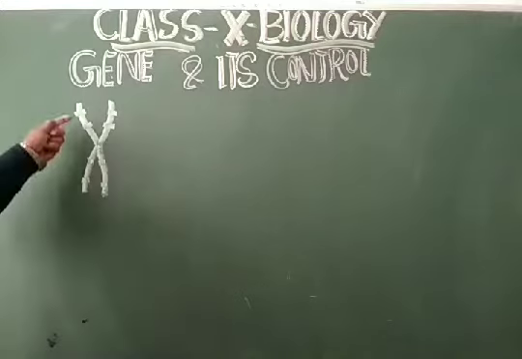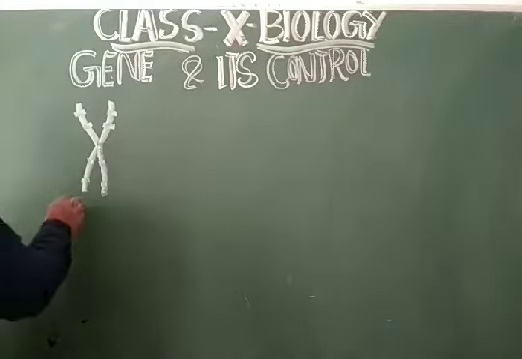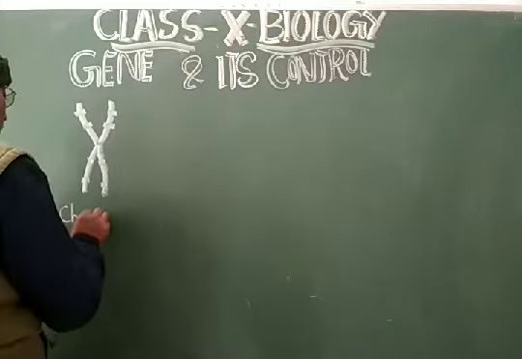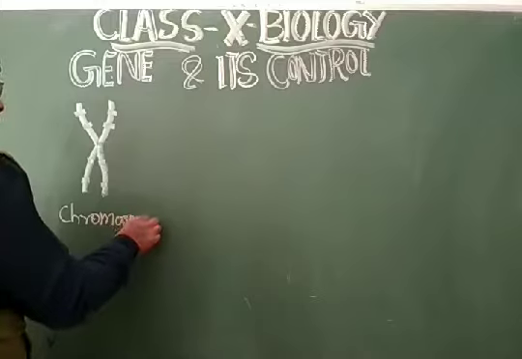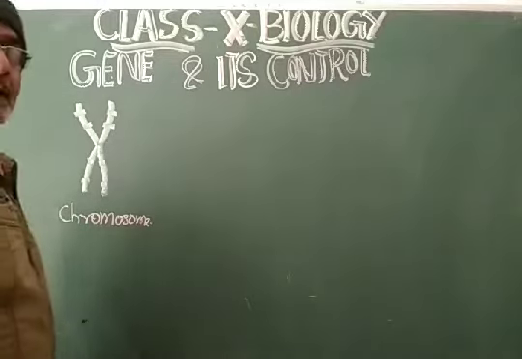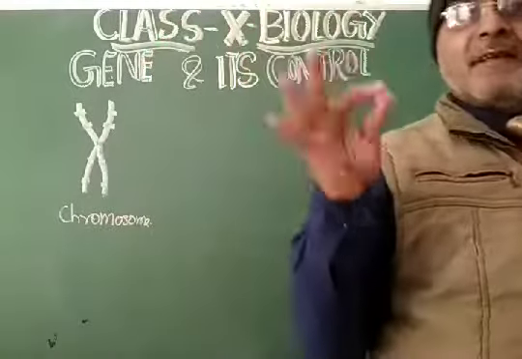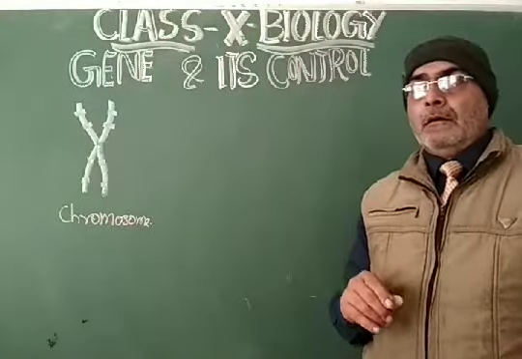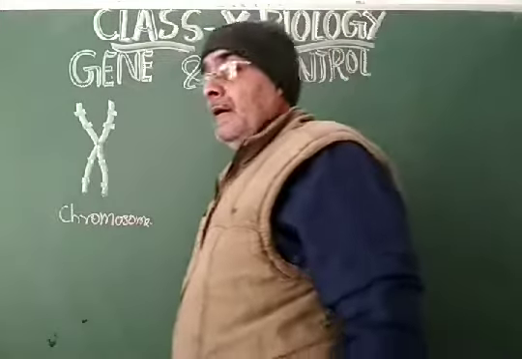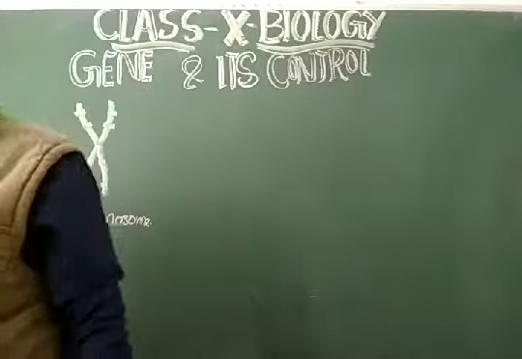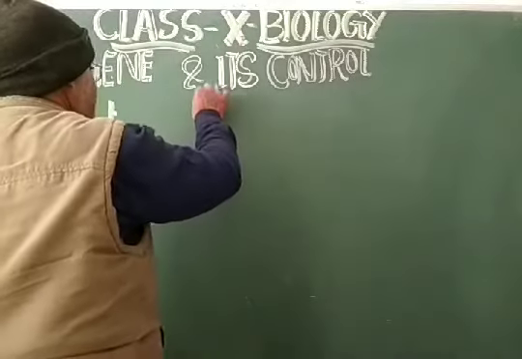These are the chromosomes, a pair of chromosomes. So you can say this is the chromosome. This is the chromosomal representation of the gene. It means a part of the chromosome is called a gene. Overall, you can say it. But my dear students, if you go through the structure of the DNA, which is as follows, see this.